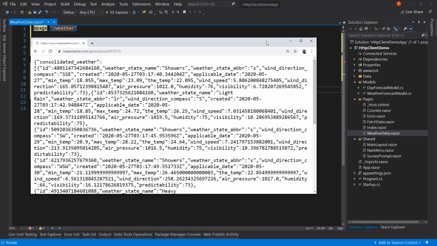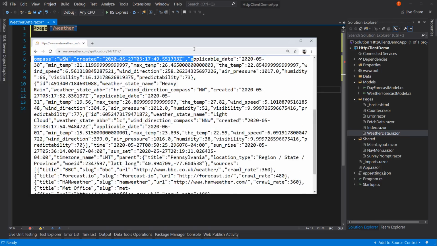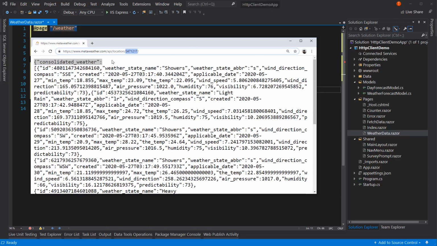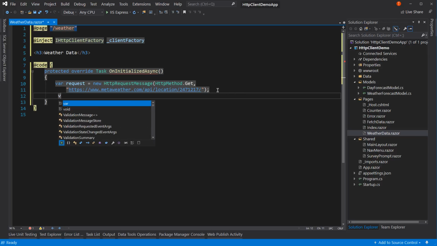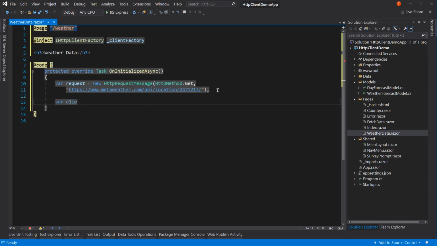Let me pull it up here. Right here. So I pass in this URL and I get this information back. If I change this number, I would get a different location back. All right, so now we have our request set up. And what I'm going to do is now create a client. So I say var client, this is our HTTP client,